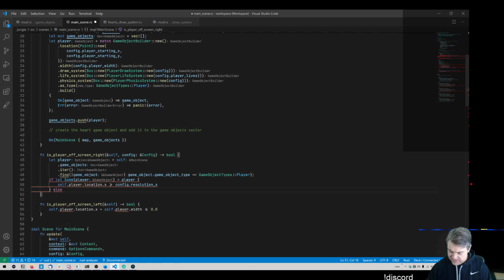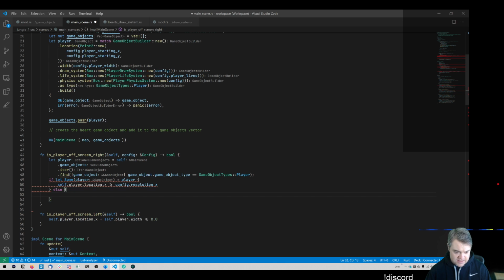If this doesn't exist, what should my default be? Should I basically just do false? Or should this be an option that gets returned? I think we should just return false if we can't find the player, or we should completely fail, because this should not ever happen. So,